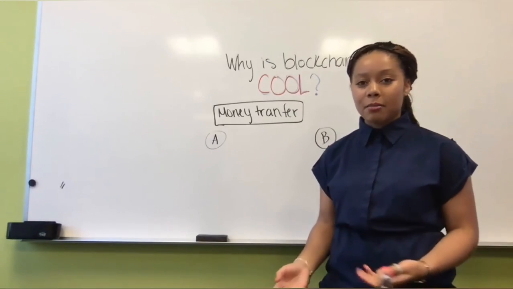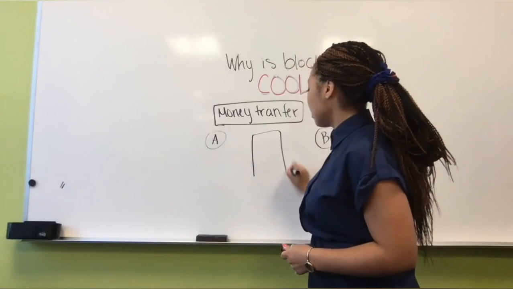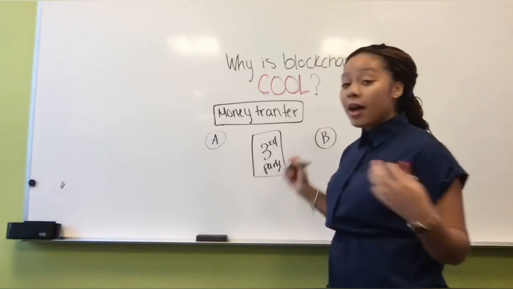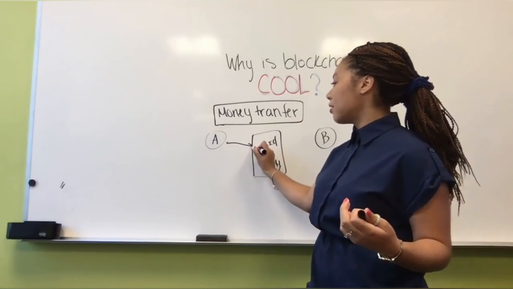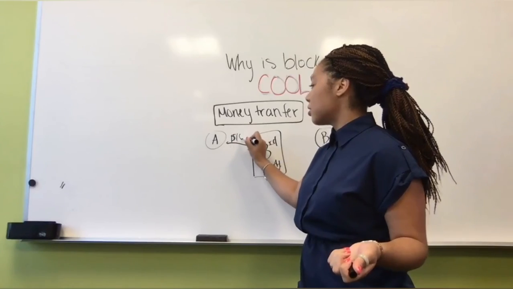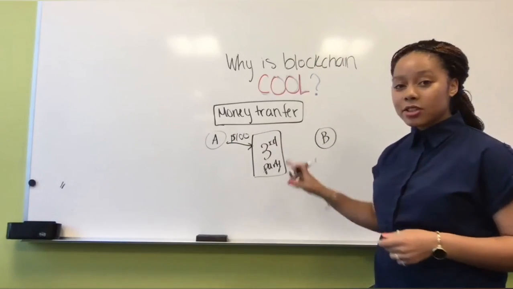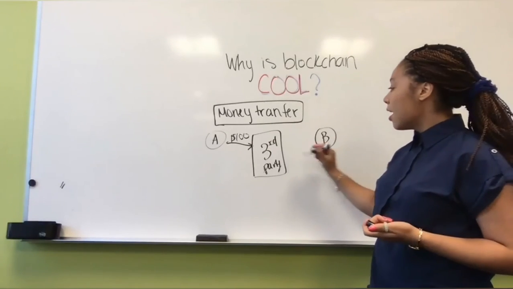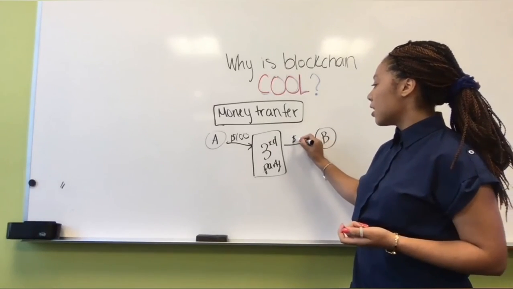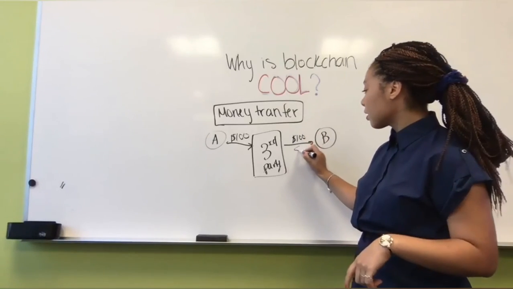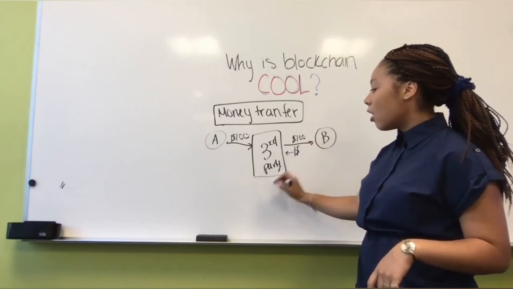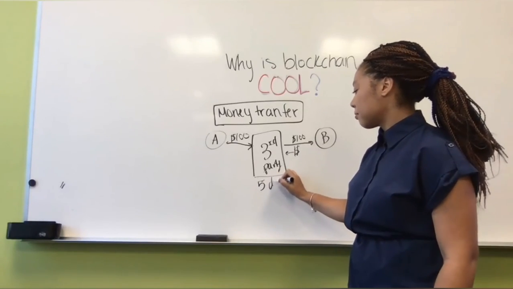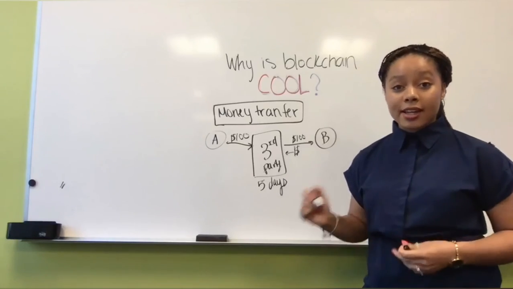How are you gonna wire the money? You usually go through a third party, a trusted third party. And what happens is you're like, hey, bank of X, Y, and Z, send my friend $100. And so your bank is gonna check to make sure this is the person that you actually want to send it to, and they're gonna send this guy $100 after they take a fee. And then also this takes like mad time. Let's say 5 days. So this is gonna take extra time.